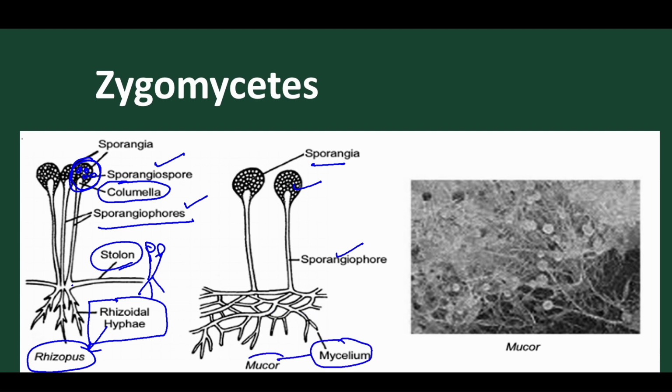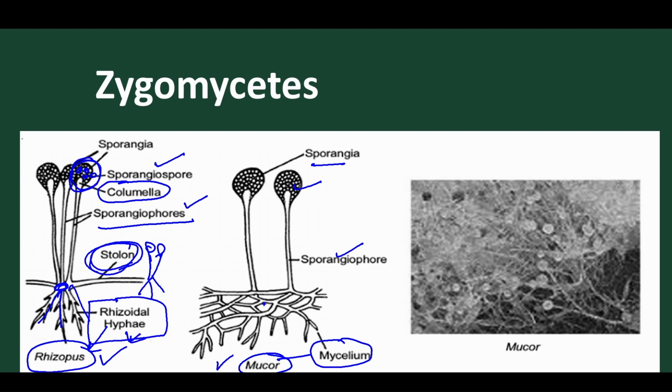So in Mucor we find the hyphae is a network of mycelium, whereas in Rhizopus we find they are present in root-like structure, false root-like structure. So it is called rhizoidal hypha. It develops from a single point like a root-like structure, and each group is connected to another group with a common hypha, and this common hypha is called the stolon. So this is the condition of Zygomycetes, both examples, that is